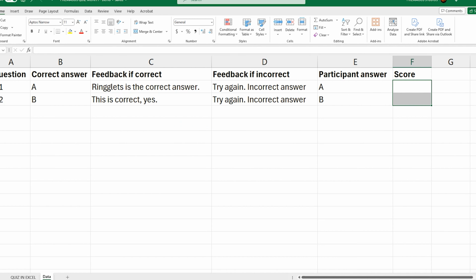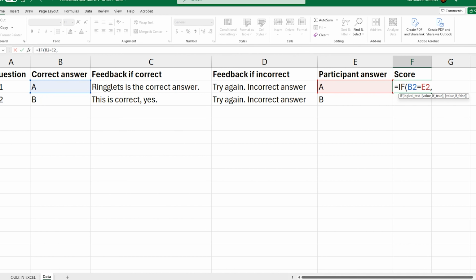For the score, as we said at the beginning, we want to have a 1 if it's correct and a 0 if it's not correct. So what we will do, we will use the if function and say simply if this one equals this one, then comma 1. If the value is false, then a 0.